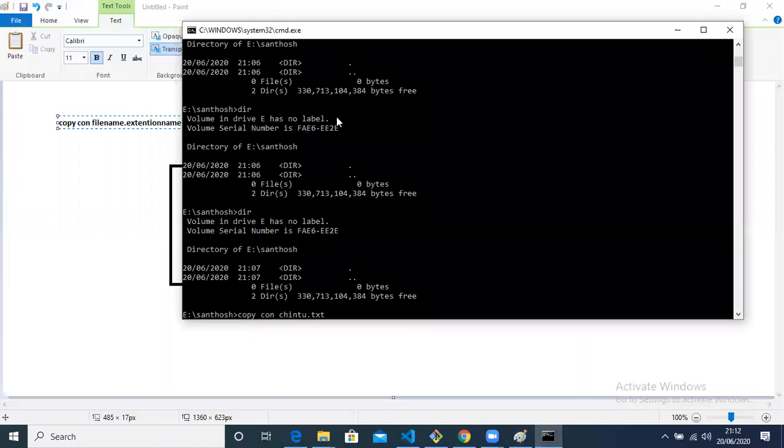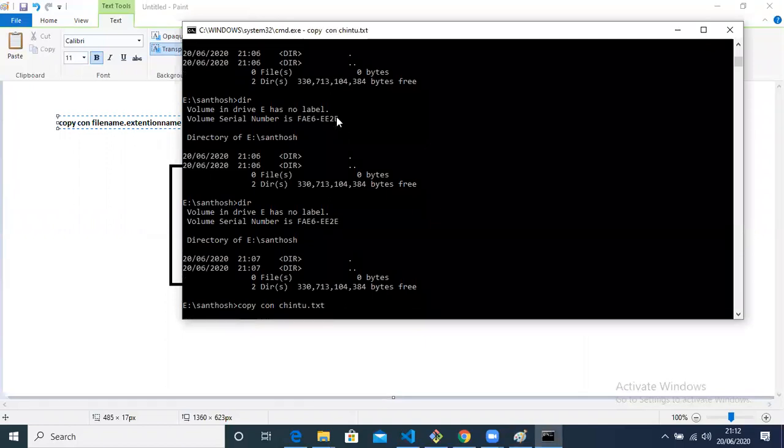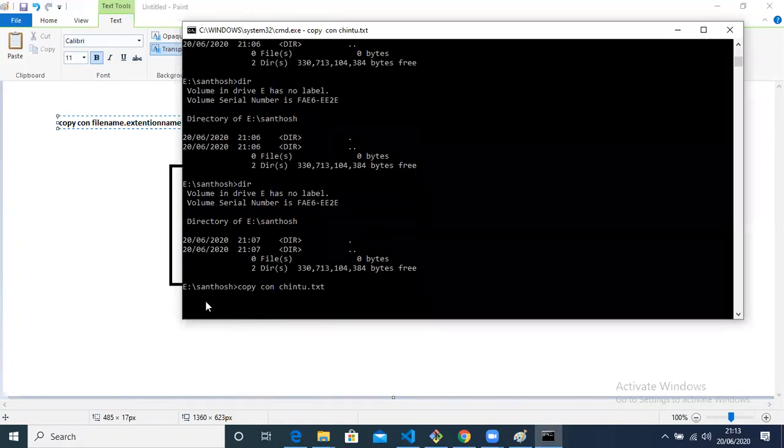The moment you give this, see that it is waiting. It is not giving you any prompt like E colon Santosh. It is not coming. If you press Enter also it won't come, because it is waiting for you to enter some text there. Copycon always waits for you to enter some text. That means here you can enter: Hello, how are you, Nanda?